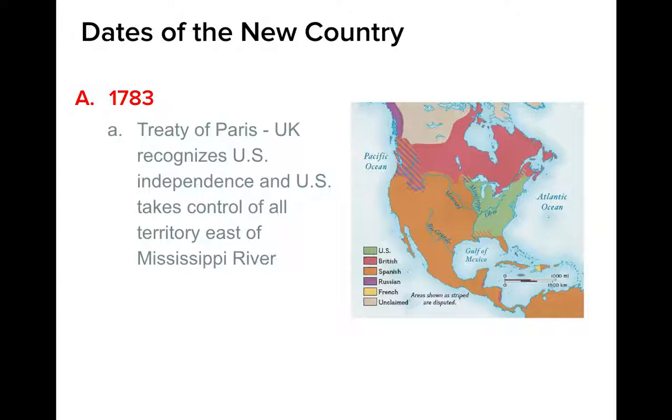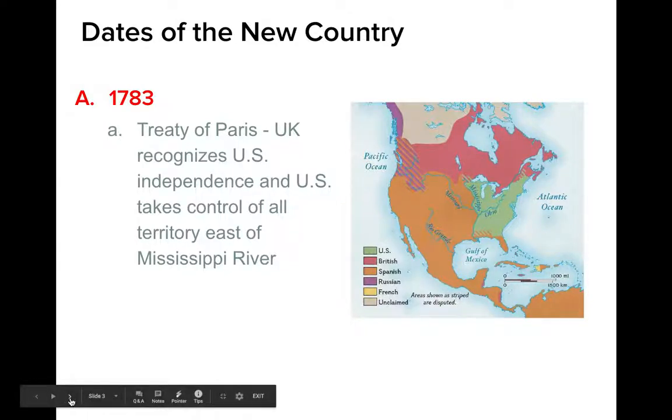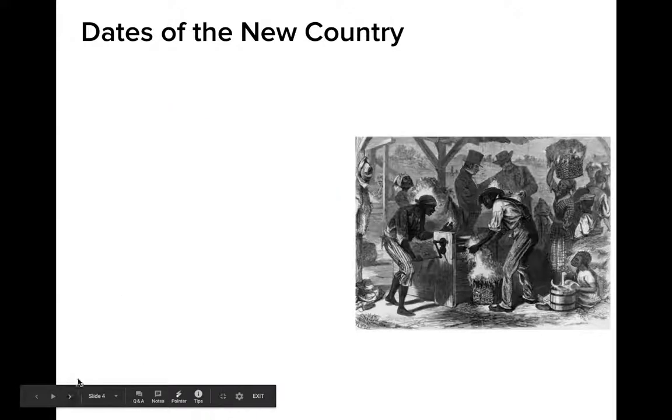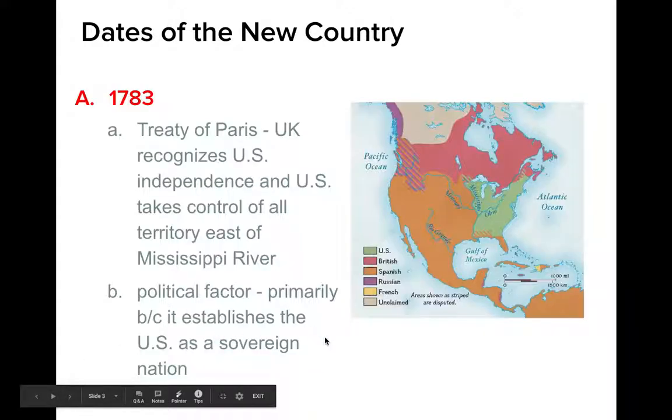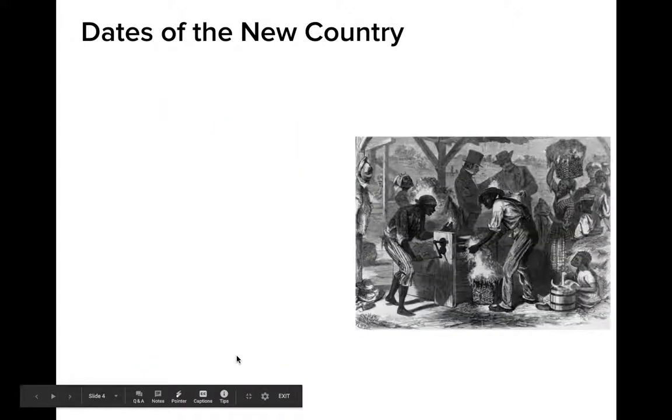And B, B is political factor, and this is primarily a political factor because it establishes that the United States is now a sovereign nation, meaning it can determine its own path with its own laws. It doesn't depend on another country. Okay, next date,